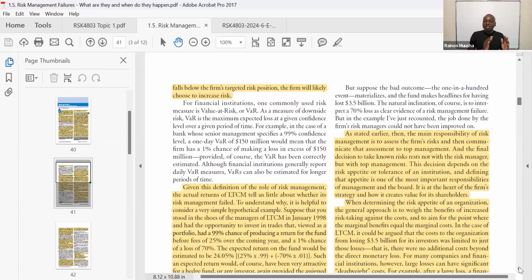But the moment we look at risk management as an ongoing activity, with monitoring, reviewing and managing the risk, it means that it's no longer a tick box exercise. On an ongoing basis, as the project is going, the risk manager needs to make sure that any ongoing activities fall within the risk limits that have been set by the board and top management as well. So that's the most important thing they're trying to emphasize here.